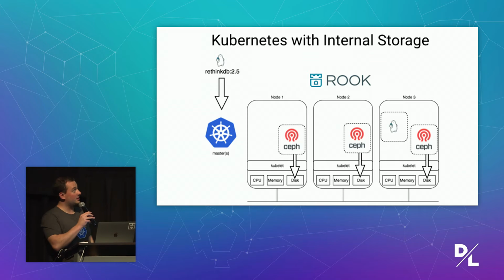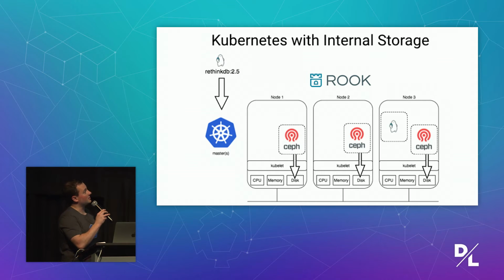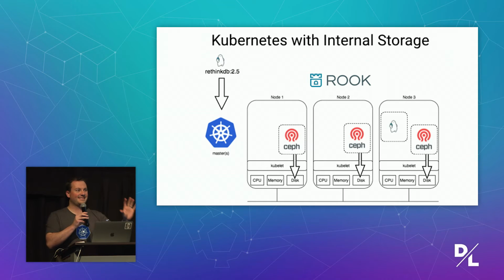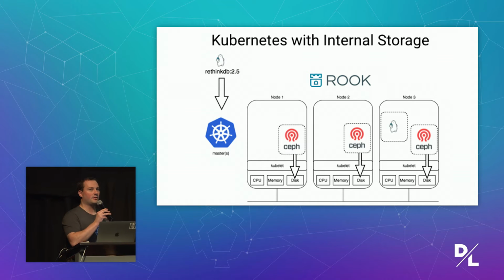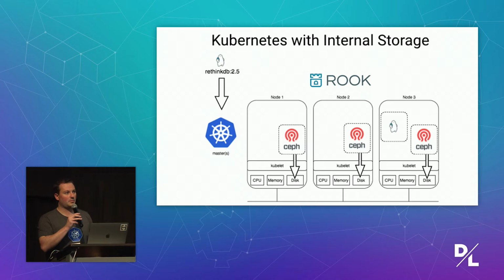Now, I should note that there is a new open source project out. There's a company called Rook that's creating sort of an automated system to deploy Ceph on top of your Kubernetes cluster. It is very alpha. Be careful. Be very careful. But I think this is something that we're going to continue to see over the next 6 months to a year as file storage systems start to catch up and start to think about new ways to store data in the cloud.